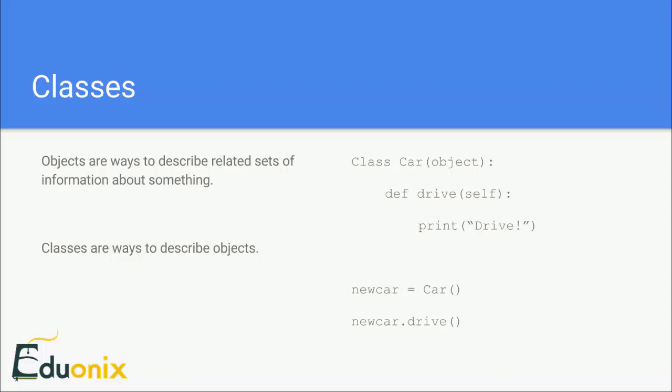and that's an object. And then with the object, you can call the methods on it, and you can access its properties, and you can do all of the things that we looked at in the last lesson that you can do with objects. So classes are the ways in which we describe objects. So on our example on the right, we have a really simple class. We're going to eventually, in this lesson, build up the full car class that we looked at using in the last lesson. But before we get into a lot of the specifics, let's open a Python interpreter and look at